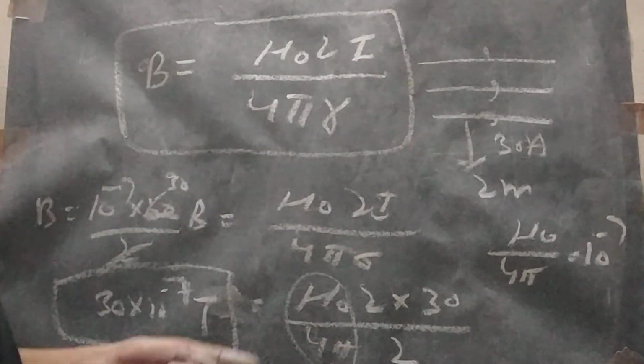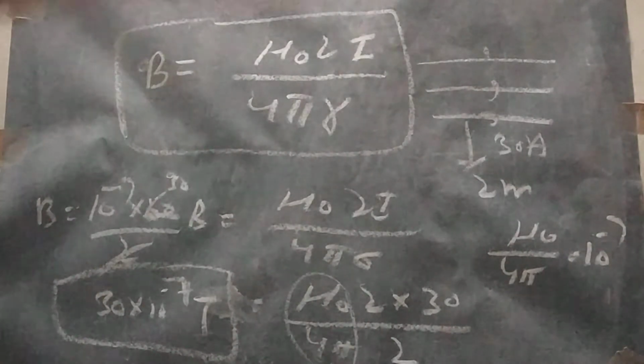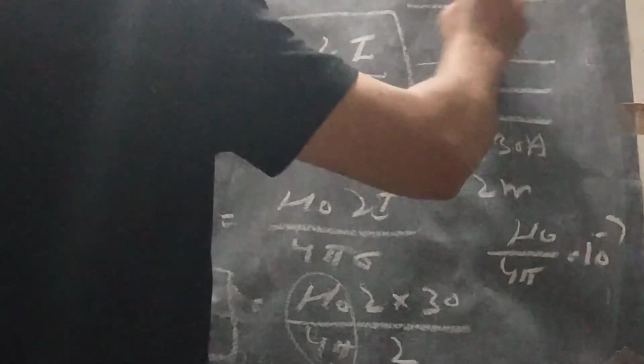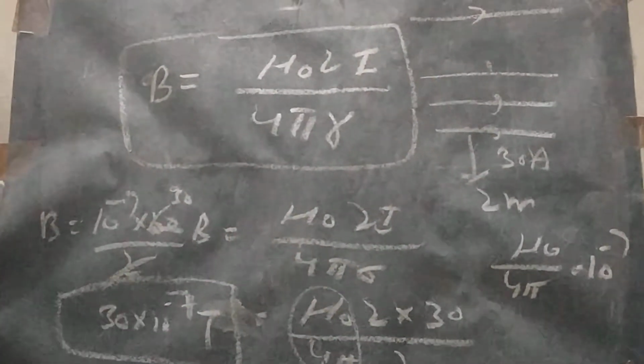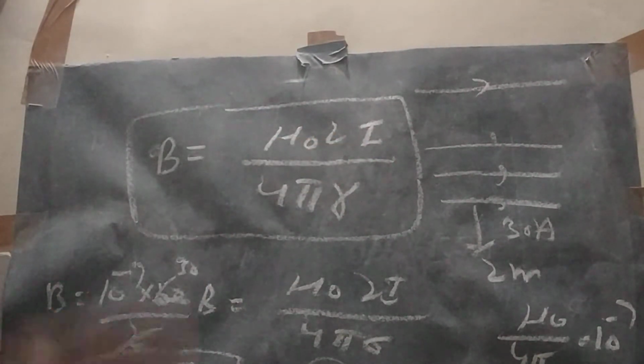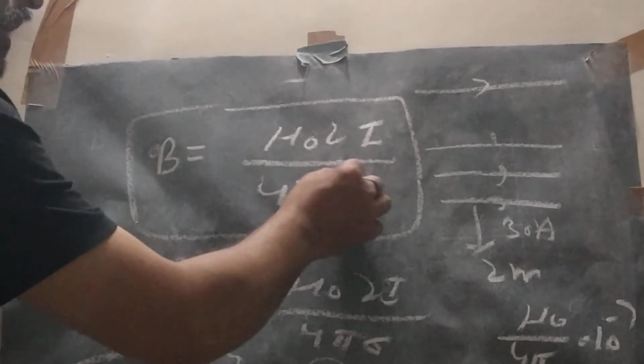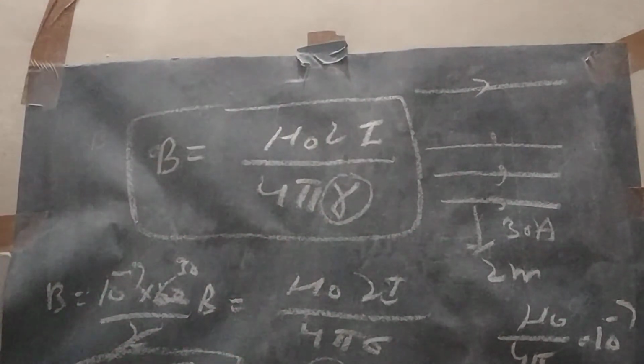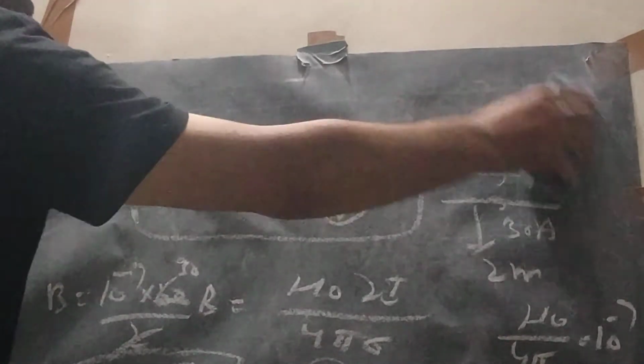Now if in a wire, a current is given in a straight line and it is infinitely straight, we will make use of this formula and directly put down the values. But one thing we have to keep in mind: here r is the perpendicular distance from the conductor. The perpendicular distance from the conductor to the point is the r that we will replace. So these are the two applications and some numericals.